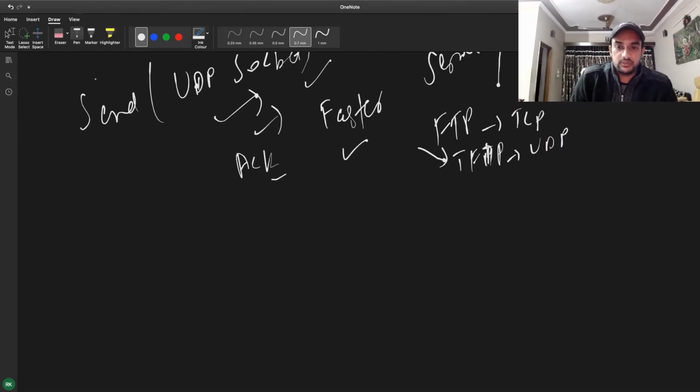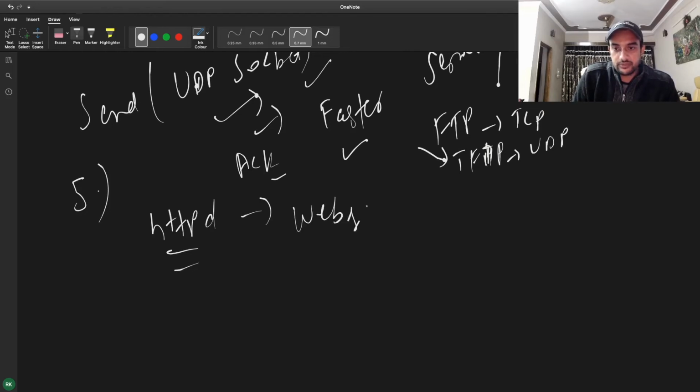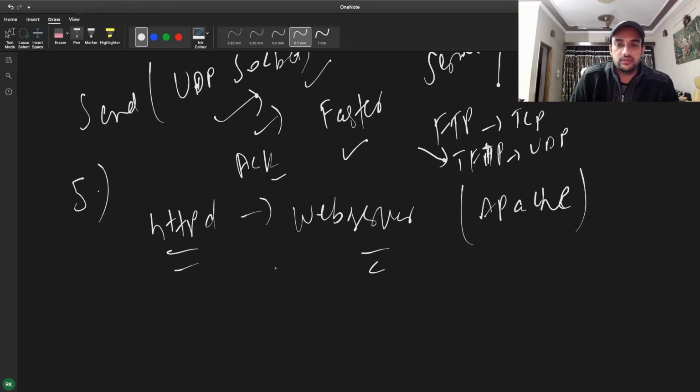So let's talk about the application layer first. For example, I will talk about HTTPD, which is a very basic web server, and there is a very common web server called Apache, but they both work majorly on the same thing. HTTPD is basically one server listening on a port, and when a packet comes to that port, it will process the request and reply back. Application layer protocols are responsible for processing the actual packet.